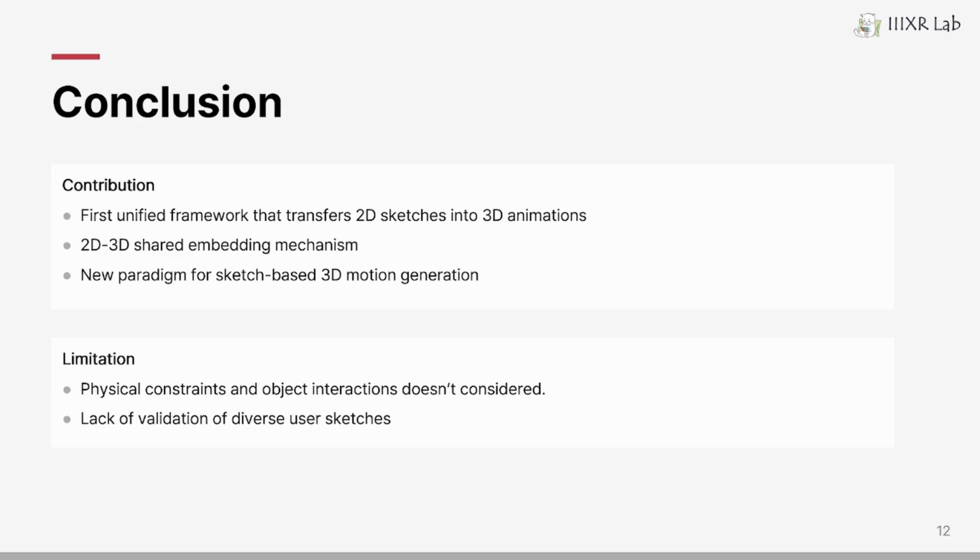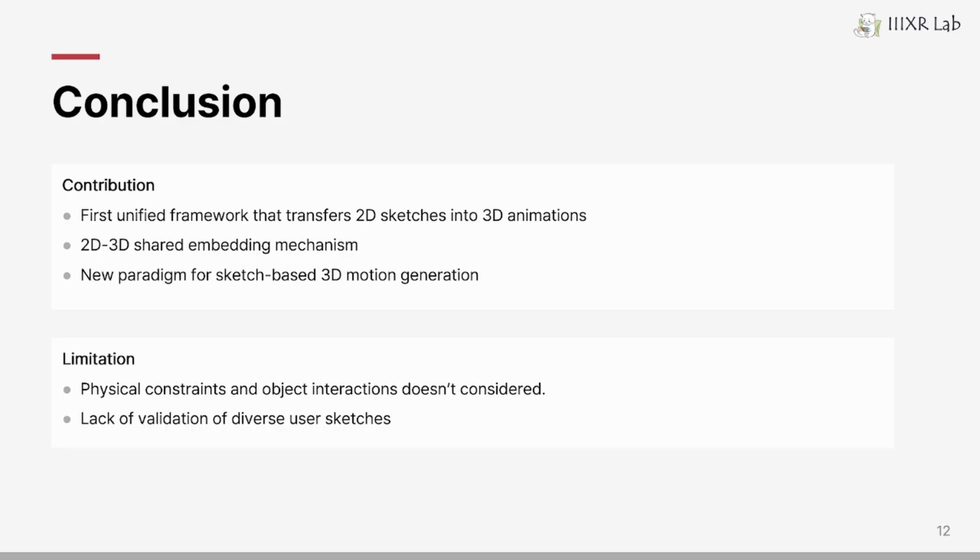To conclude, Sketch2Anim introduces the first unified framework that transfers 2D storyboard sketches directly into 3D animations. It features a 2D-3D shared embedding mechanism that allows the system to infer realistic 3D motion from purely 2D inputs. Overall, this work proposes a new paradigm for sketch-based 3D motion generation, bridging the creative process of the artist with